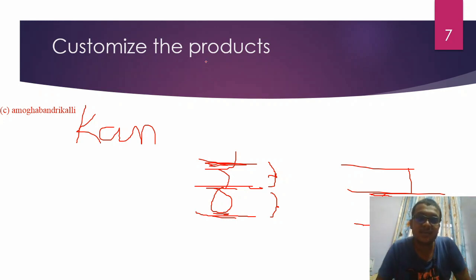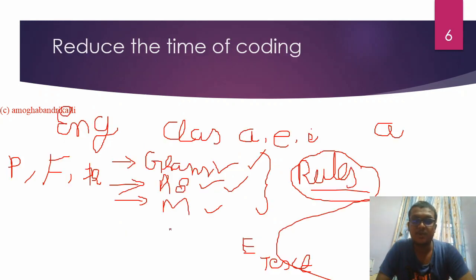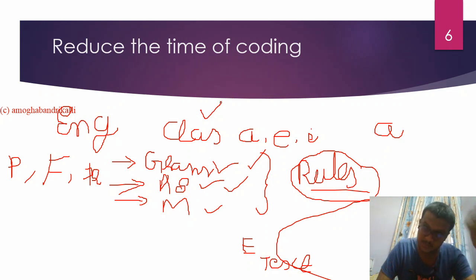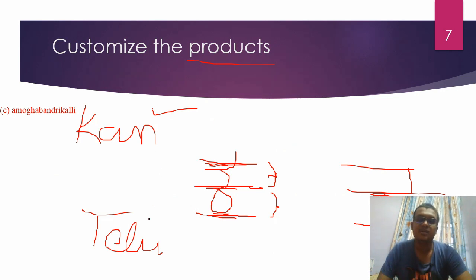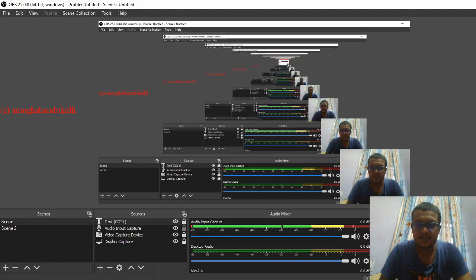Like this, customizing the product is much easier if you have done one programming. If it has been done for English, you can collect the data set for Kannada in this fashion and have a customized version. If you are going for Telugu, you can just collect the data set. But think of classical programming: you need to start from scratch for every language. It will differ. Here, collecting the data set is a human task and it should be efficient. After collecting the data, you need to see whether the output is matching or not. That is what you need to observe.